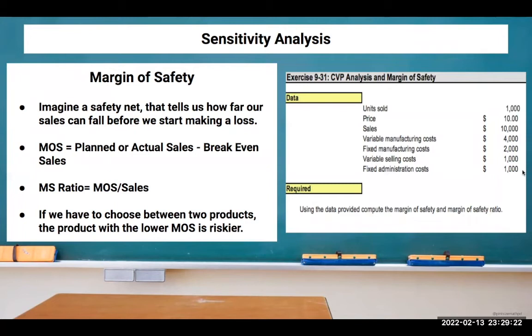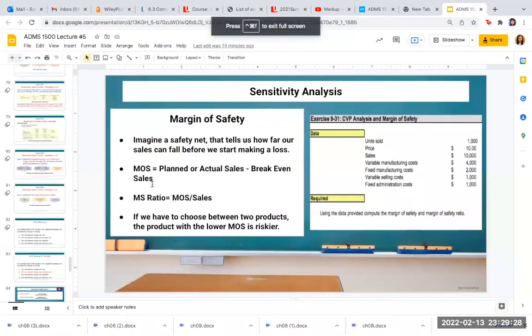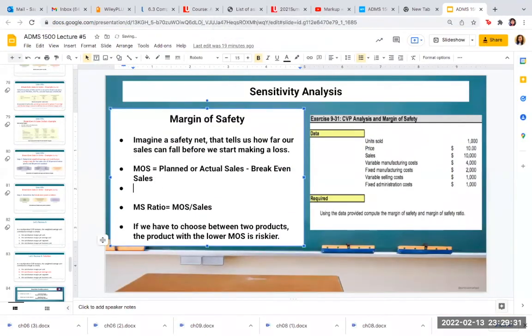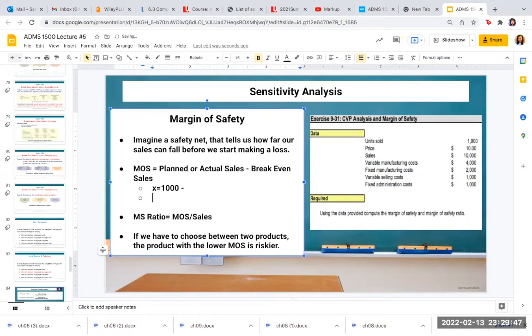So we know here that the units sold is 1,000. Okay, so looking at our formula, we already have 1,000. Margin of safety, we'll call that X, is equal to 1,000 minus break-even sales. Our break-even sales we don't know, so we have to find it. So break-even sales is equal to, let's call it break-even,